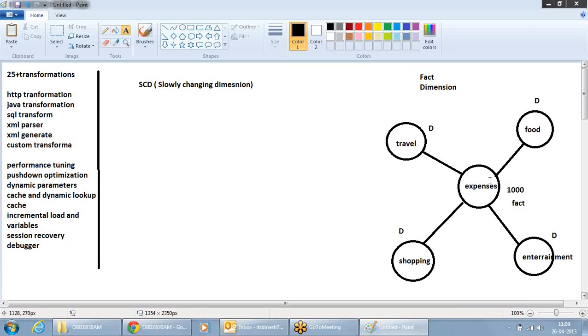These are the things that usually change, but the dimensions are a little tricky. The dimensions do change, but they don't change very often. Like a customer. Customer is one dimension. A customer doesn't change his address on a daily basis. A customer does not change his phone